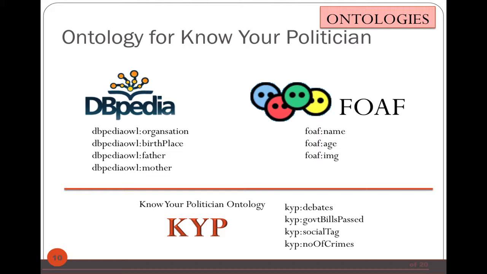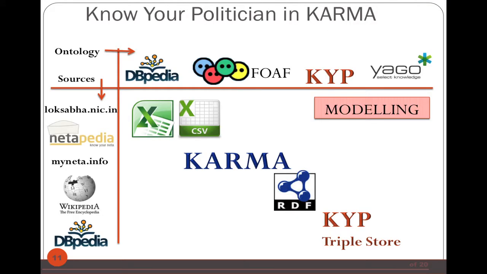For example, the number of debates, the government bills passed, the social tags, and the number of criminal cases. So we created our ontology, Know Your Politician, short for KYP. Now we have the data ready and the ontology ready. What comes to my mind is to use Karma. We input the CSV files into Karma and model them into RDF, making our KYP triple store to query